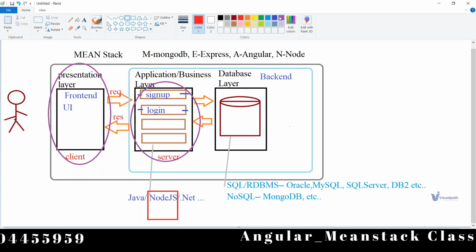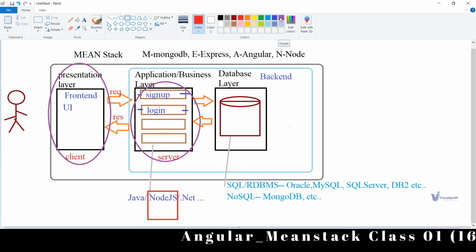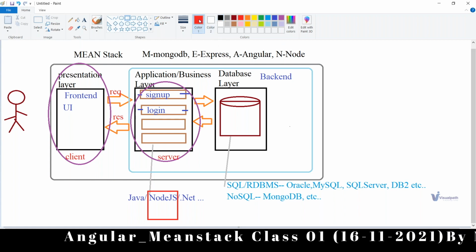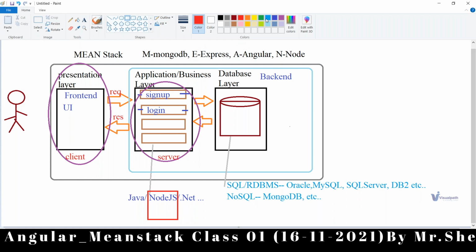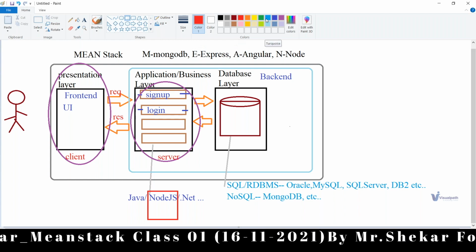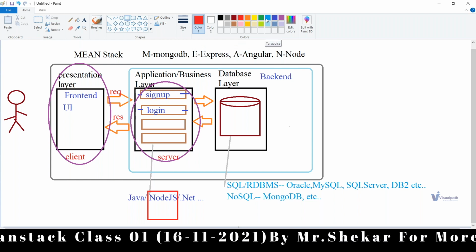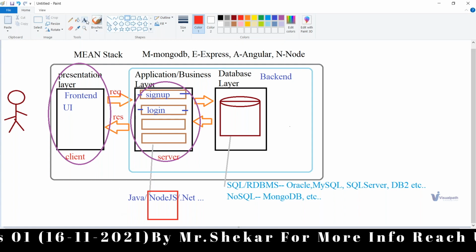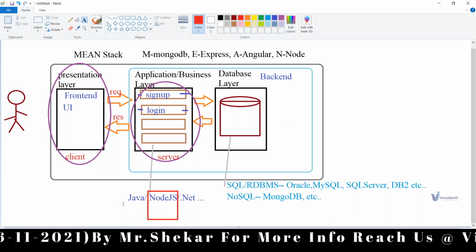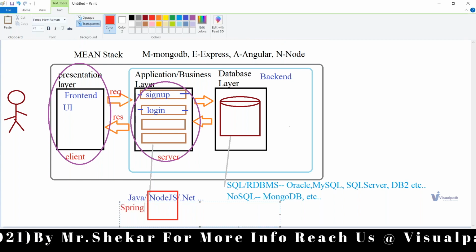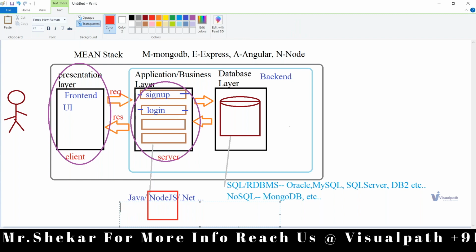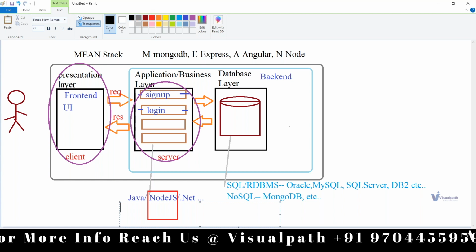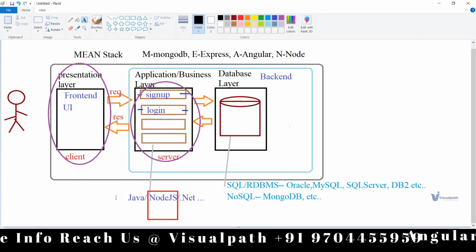What exactly these frameworks do is, they are not technologies actually, but they are built on top of certain technologies. For example, for Java, you might have heard a name like Spring. Spring is not a new language, Java is the language. But Spring will make the life of a Java developer easy in the application development process.